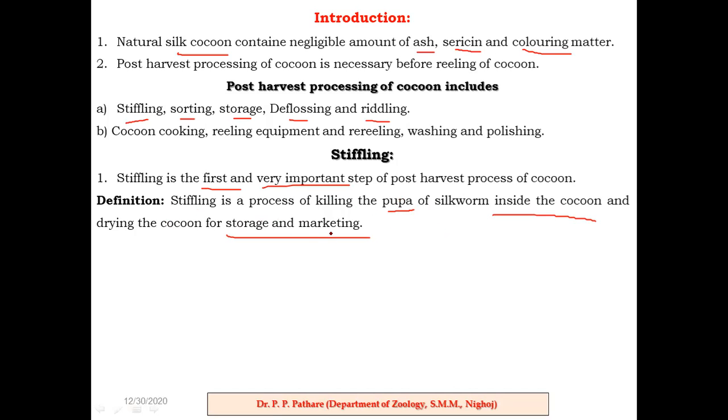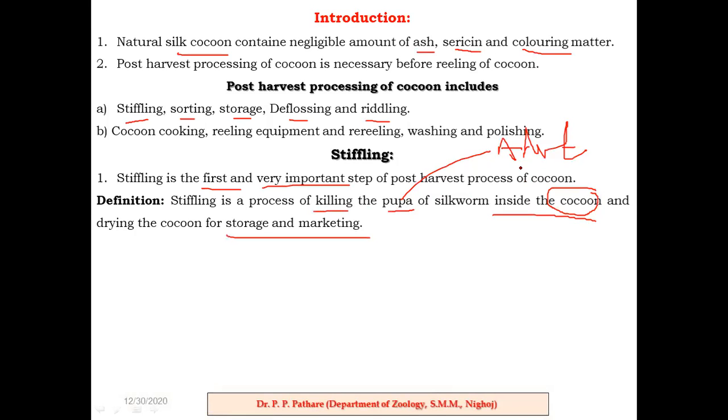Stifling is a process of killing the pupa inside the cocoon. Why? Because the next step of the life cycle is the adult, and the adult will emerge from this cocoon. So it is your first duty to kill the pupa inside the cocoon